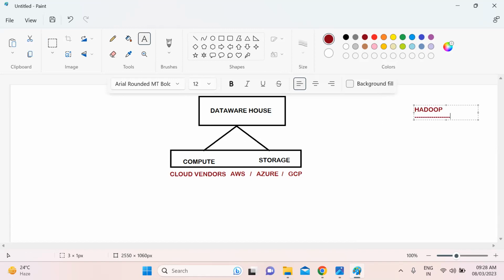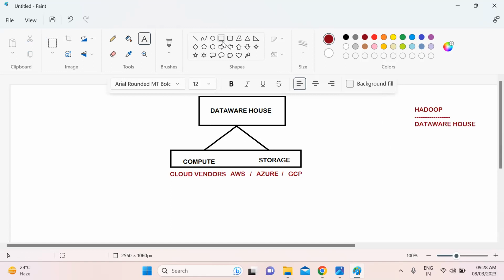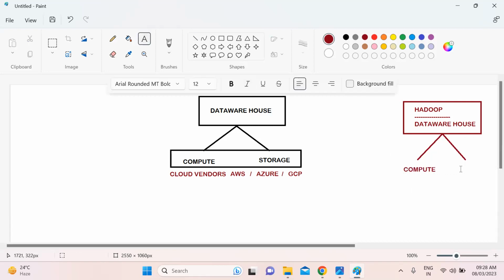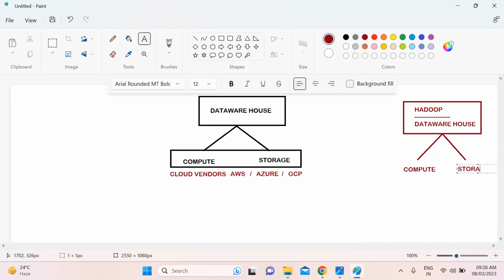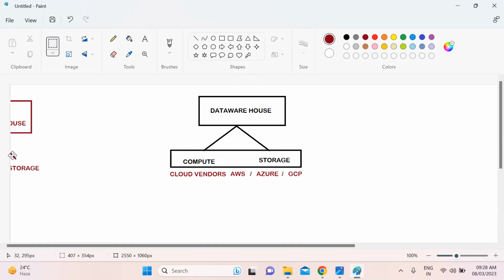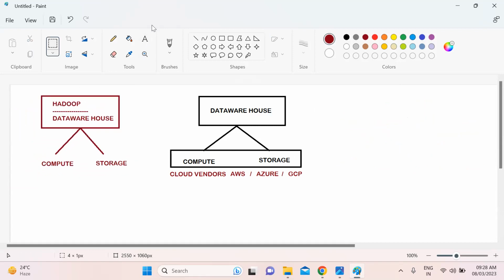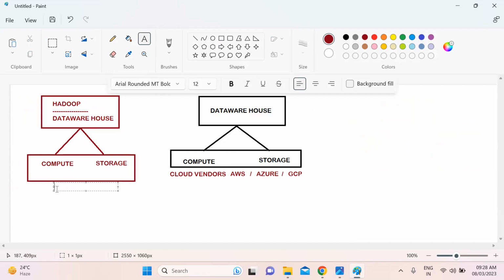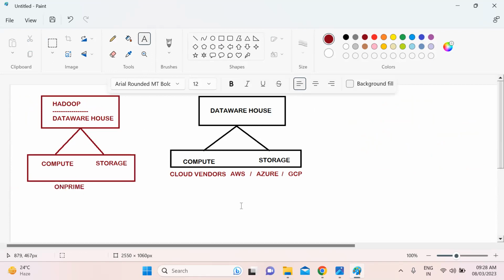Hadoop data warehouse is an example of on-prem compute and storage. Got my point?